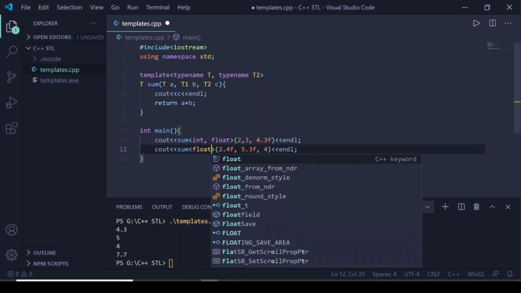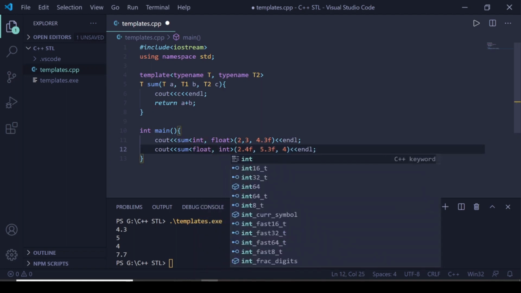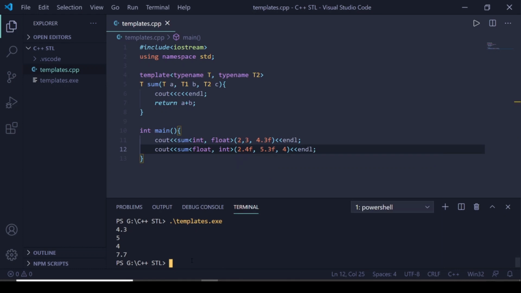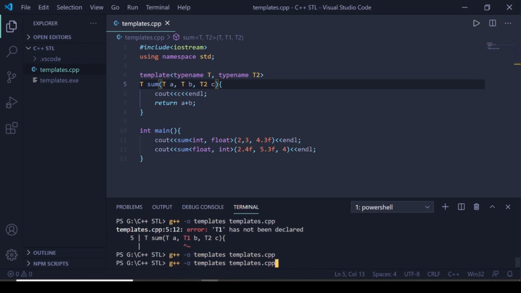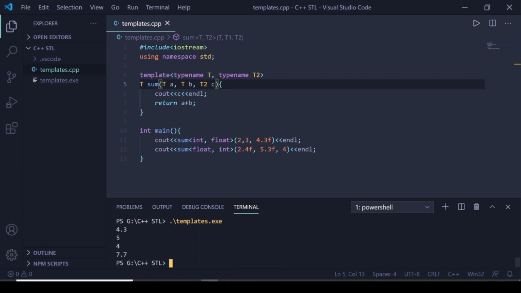It will work the similar way, there is no difference, but T1 is not declared where I have written, so I have just changed that. It will not create any difference. Yeah, it was the same output as previous, but in some cases we have to define it here.